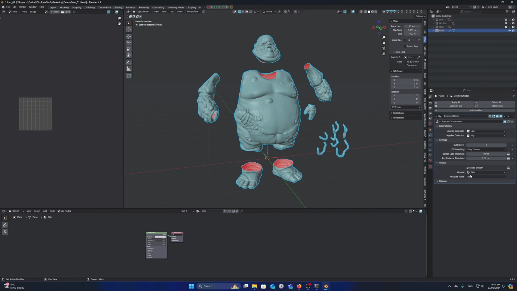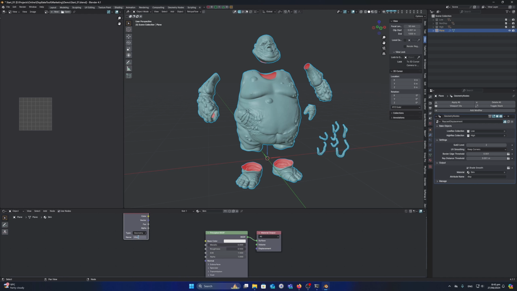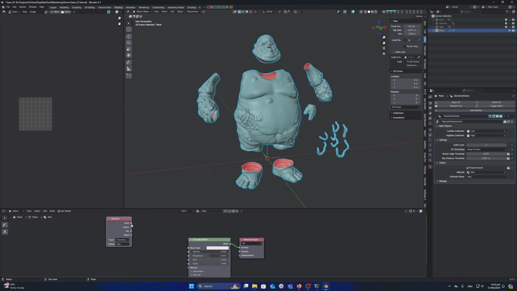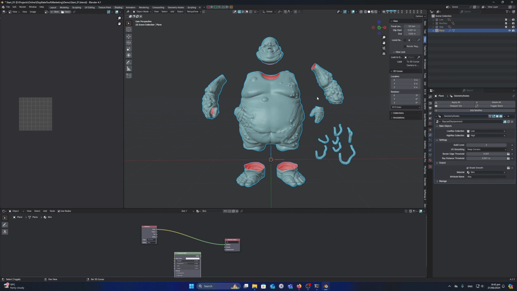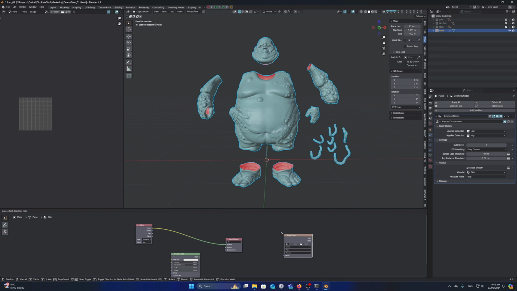So as you can see in the modifier, there's an attribute name, disp. So this is what's been fed from geometry nodes into the shader. So let's create an attribute node, call it disp, feed the color into the surface, and we'll create an image texture, new, and just for time's sake, I'll just make it 512, disp bake 512.01,